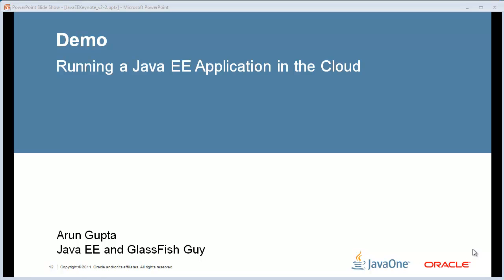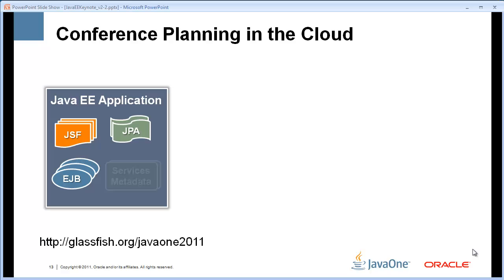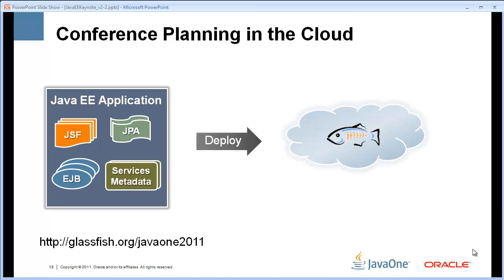In this screencast, I will show you how you can easily run a Java EE application in the PaaS environment, or Platform as a Service environment. We have built a very typical Java EE application. It's a three-tiered application. As you can see, we are using JSF, or Java Server Faces, for the front end, and we're using PrimeFaces widgets over here,